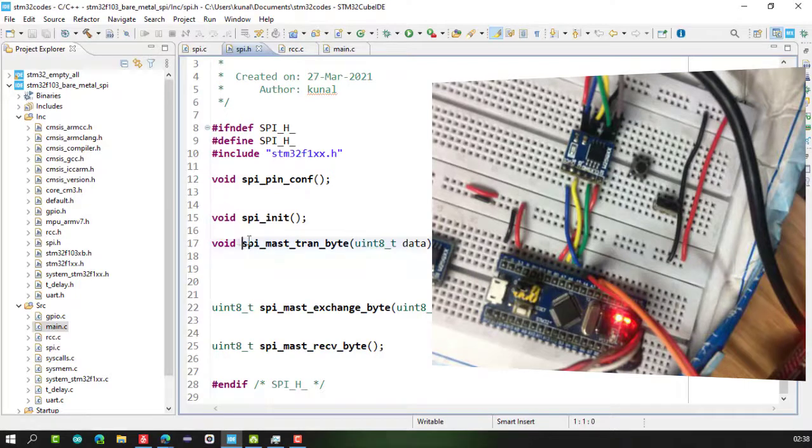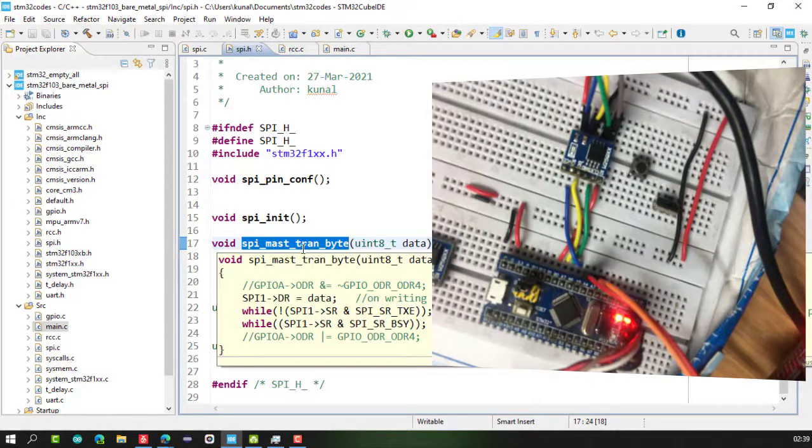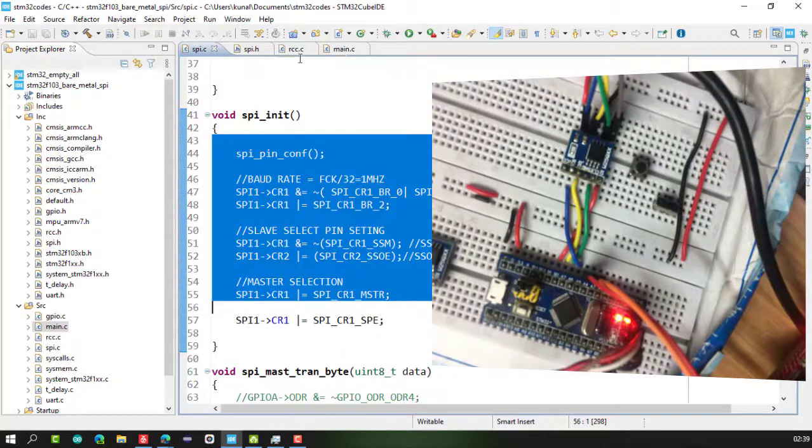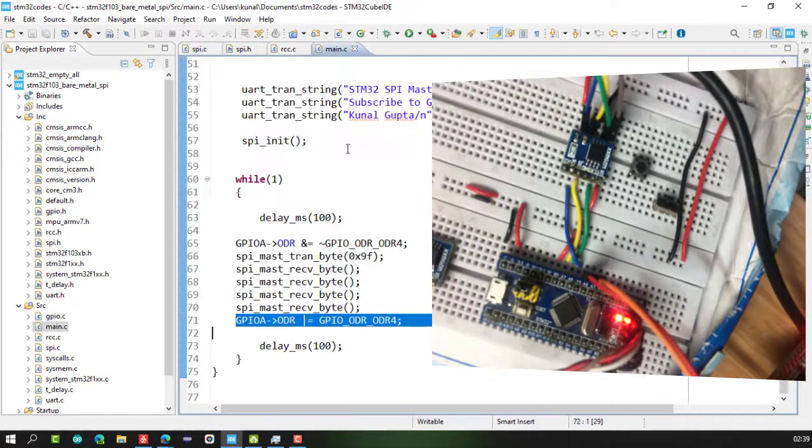As you have seen in the SPI transmit byte, we are sending a single byte. We can similarly make a function for transmitting a string, in which we call this function again and again until a certain size of data which we want to send from a buffer. Okay, so I hope you all get to know how to write this SPI communication code for our STM32F103 microcontrollers, and this is in connection with these flash chip memory devices.